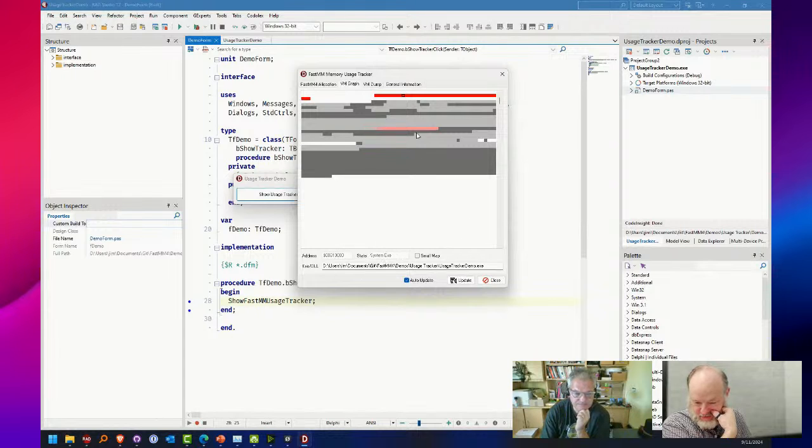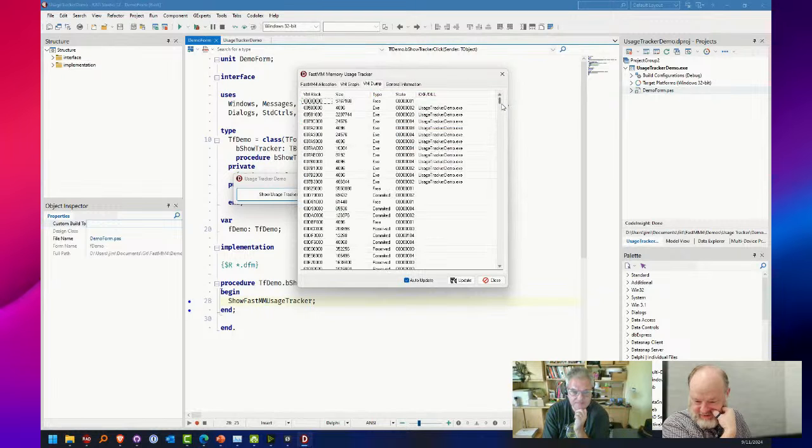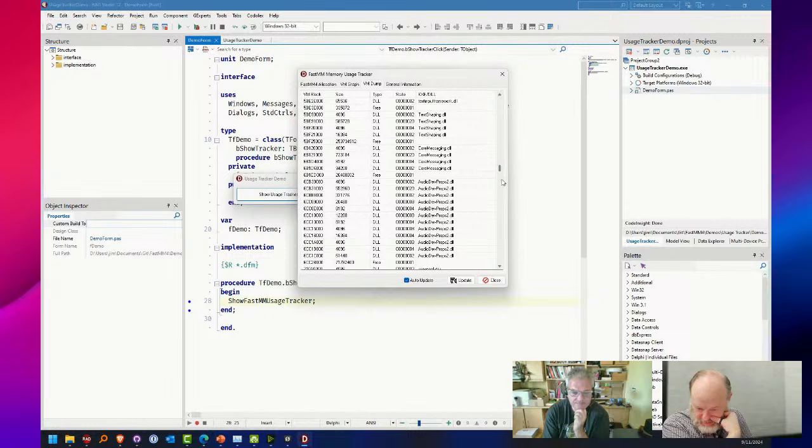This is my program file, this is free, system reserved, system allocated, free. This is allocated by FastMM. You can go into the VM dump here and see what different DLLs are being loaded and what the blocks are. See, there are more DLLs down here.